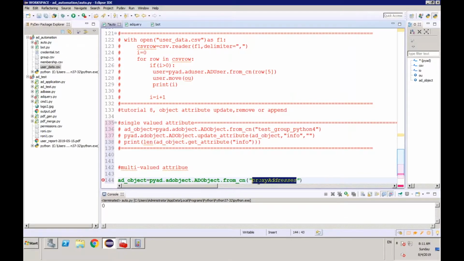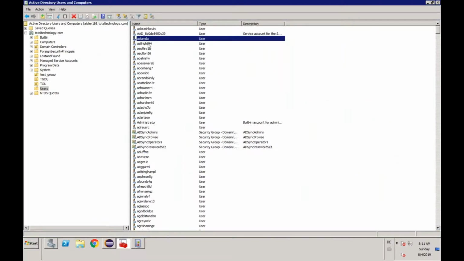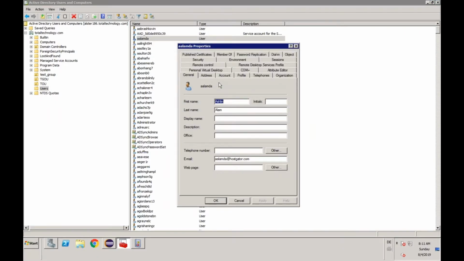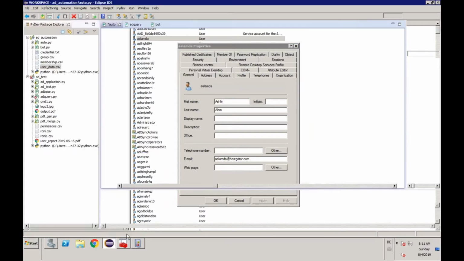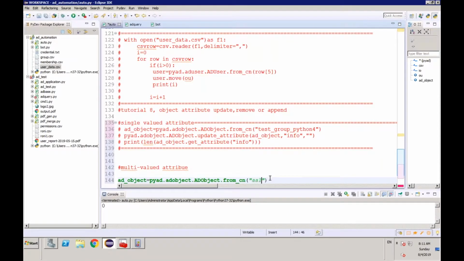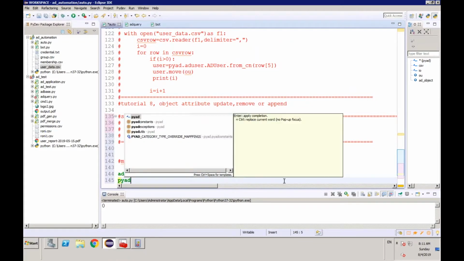Okay, sorry, this is not the cn. Again I did a mistake. So our cn will be a double a lambda. Okay, so a l a m d a,